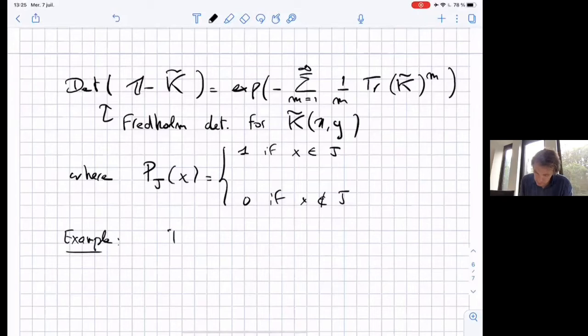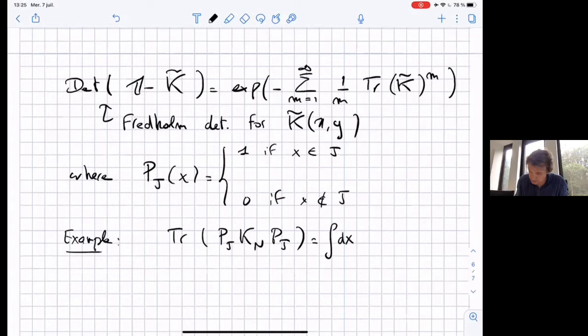So I will need to compute the trace of this operator Pj Kn Pj. In general, this would be simply the integral over dx of Kn xx, but simply because I have this Pj, it will be simply Pj of x. So that means that here,